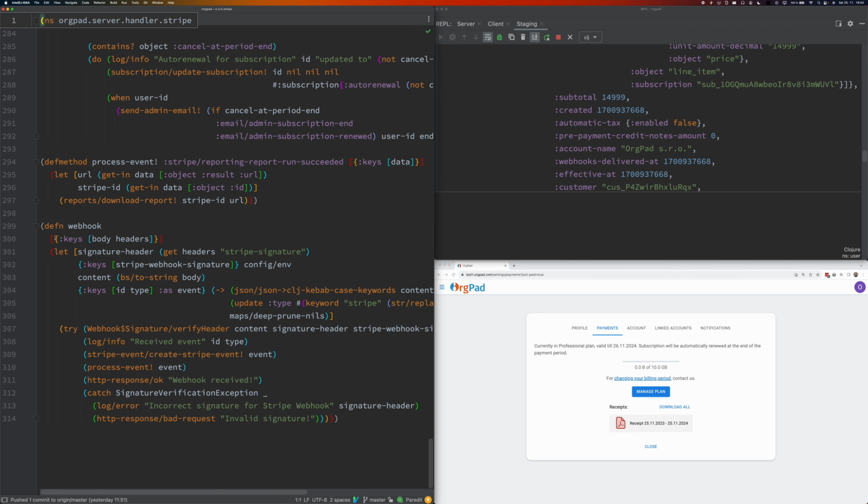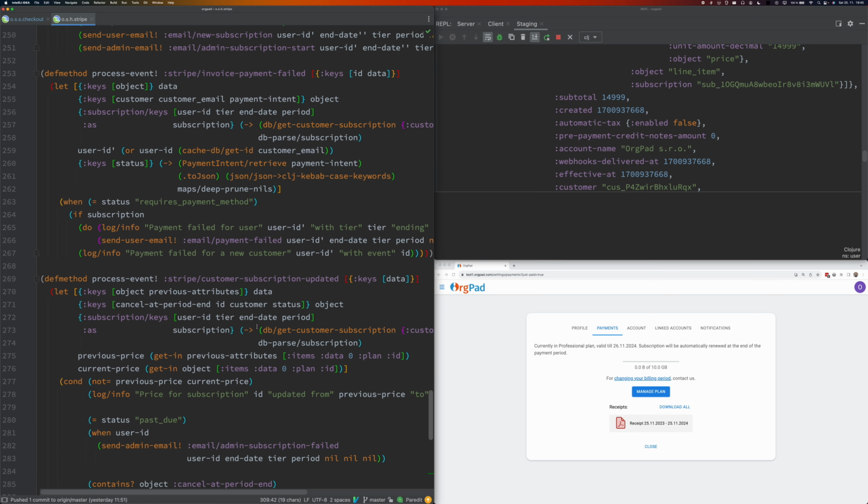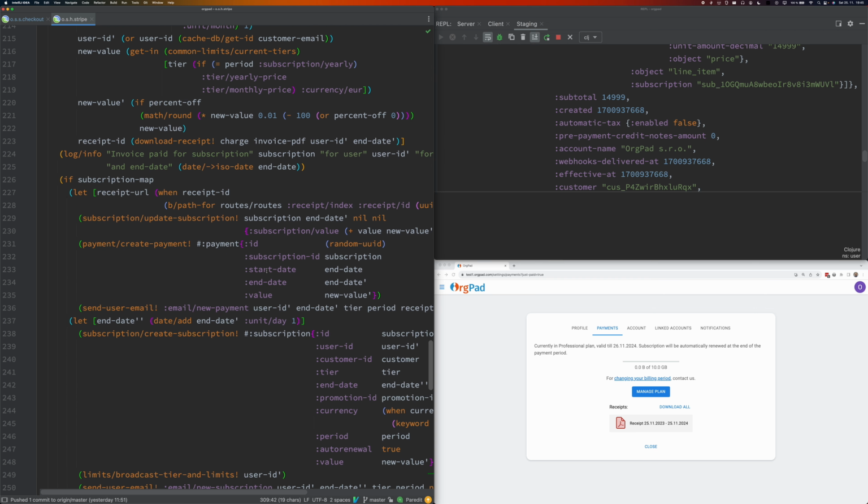This is the code which processes the webhooks. So when it receives a webhook, it verifies that it is coming from Stripe, and then it does some JSON parsing on it because Stripe sends JSON, and then it will store it in the database, and it will process the event according to its type. So there is the customer subscription update, invoice payment failed.